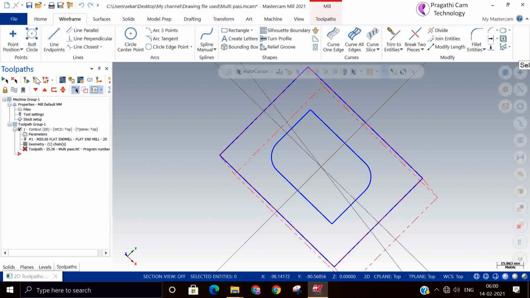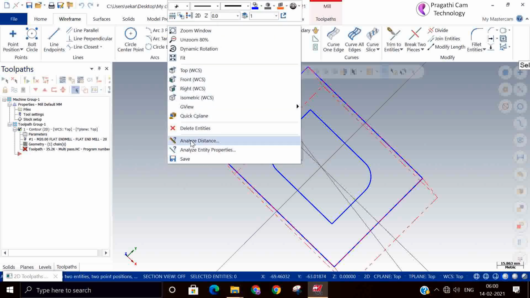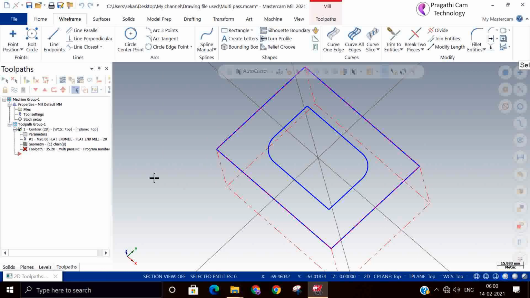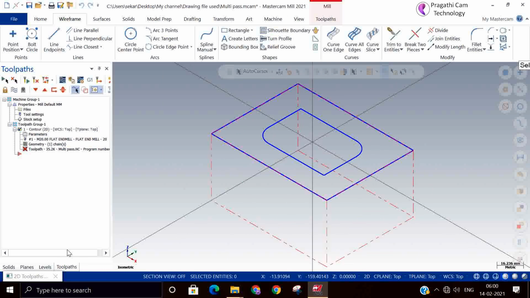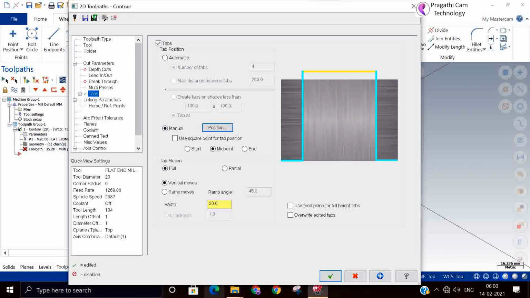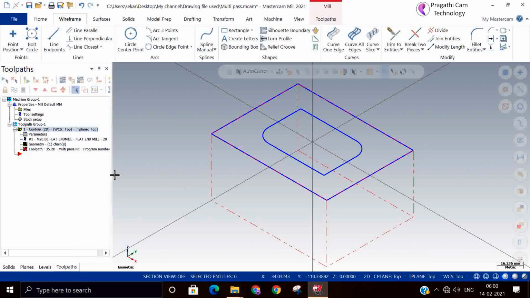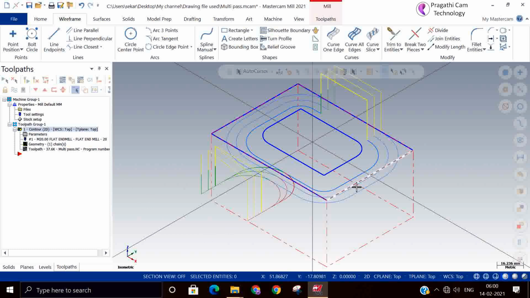So now we'll regenerate, and we'll switch on the visibility. So you can see that from there, the tab, it is retracting and going to the next.